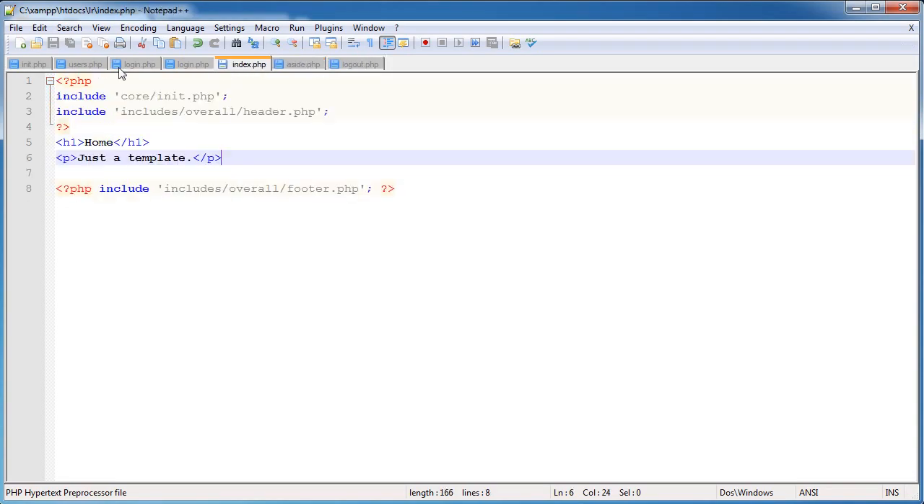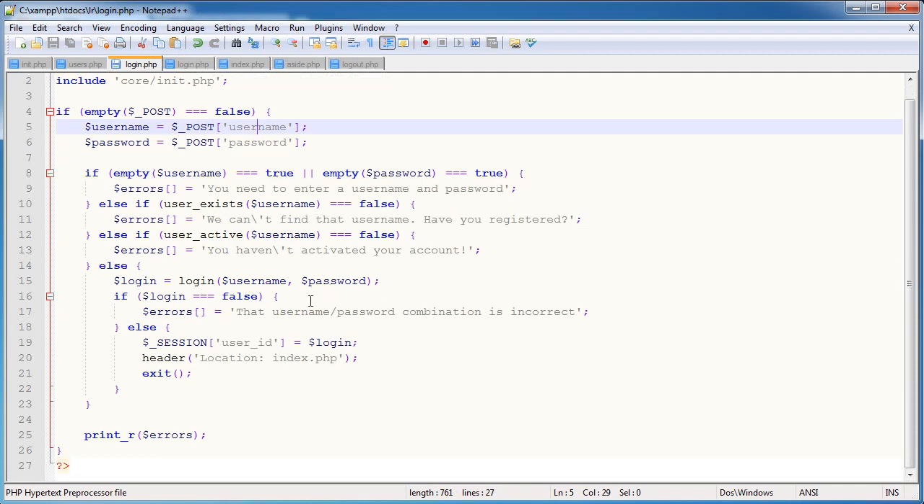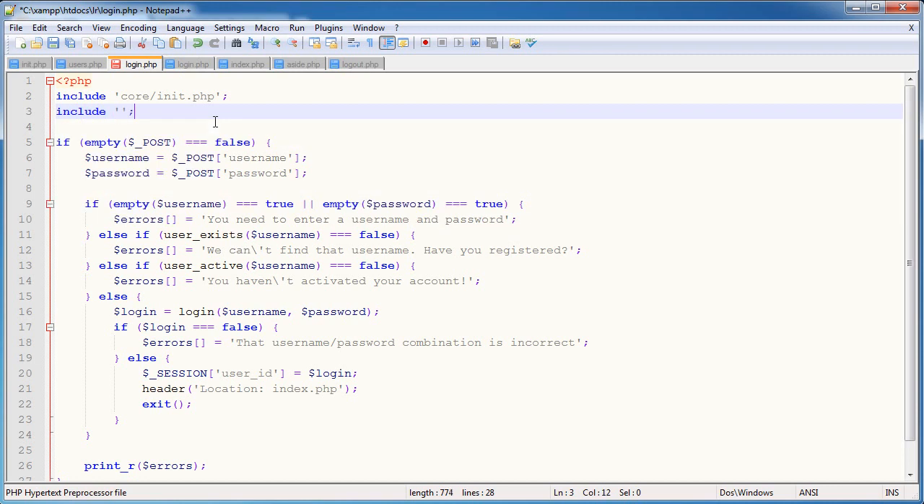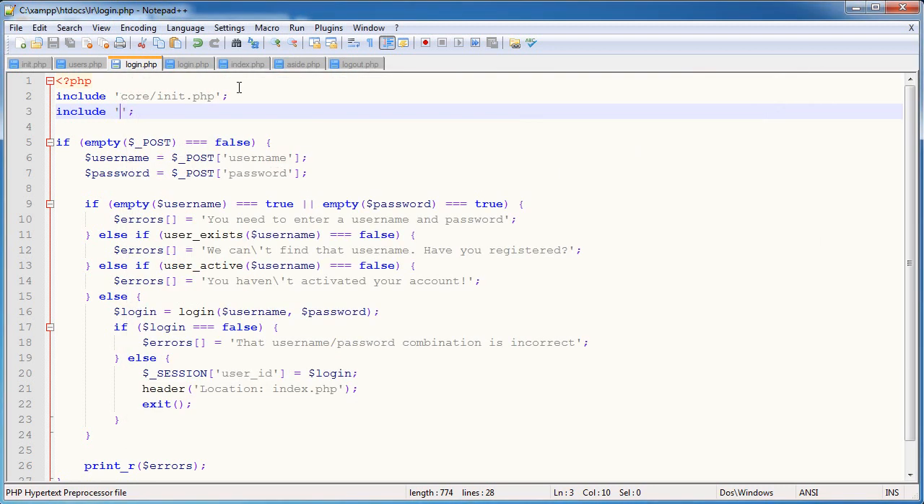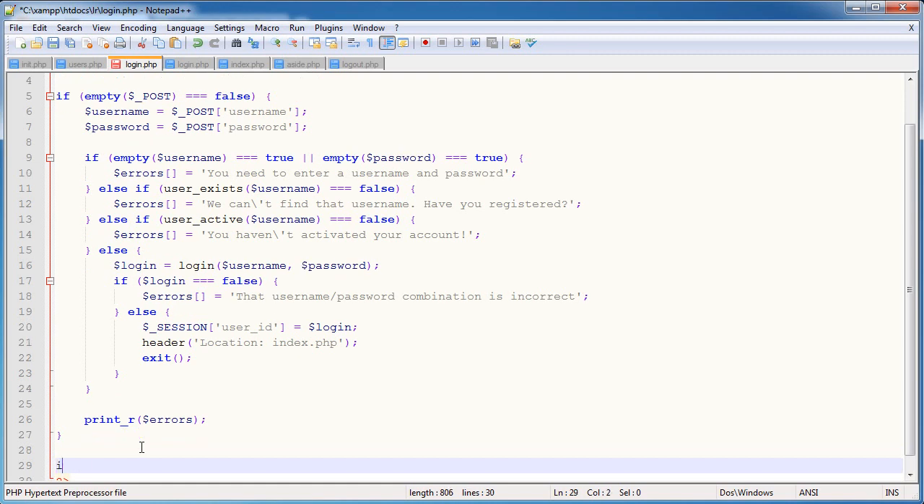There's a lot more to do here, and there's a lot more to tidy up. Obviously, we've done quite a lot in this kind of thing. The next thing really is to output these errors, and I think actually what we'll quickly do is we'll go ahead and include the header files. So remember, the header files are included within includes, overall, and then whatever it is. So includes overall header.php, and then down here we can go ahead and include